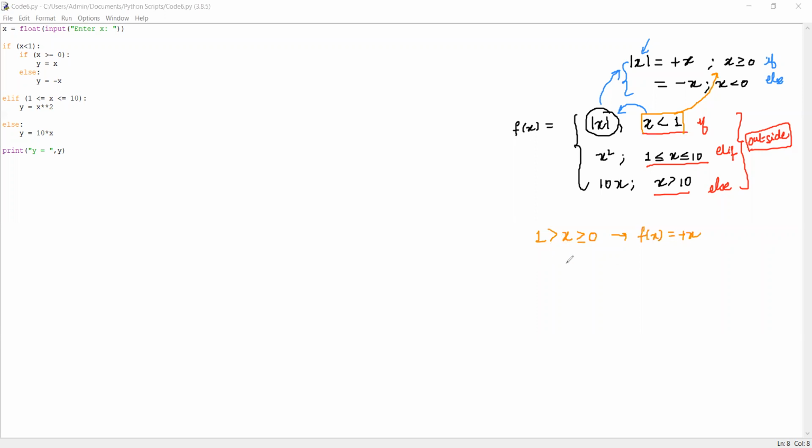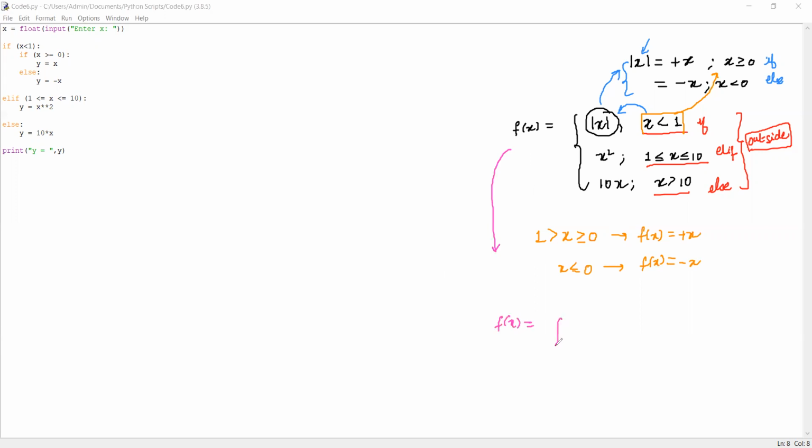And it needs to be negative for f of x to be minus x, right? So it is equivalent to saying that for x less than 1, f of x is mod x. So the problem can be redefined as f of x